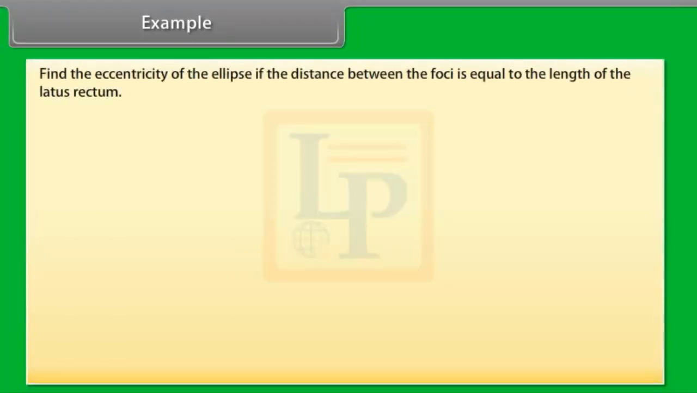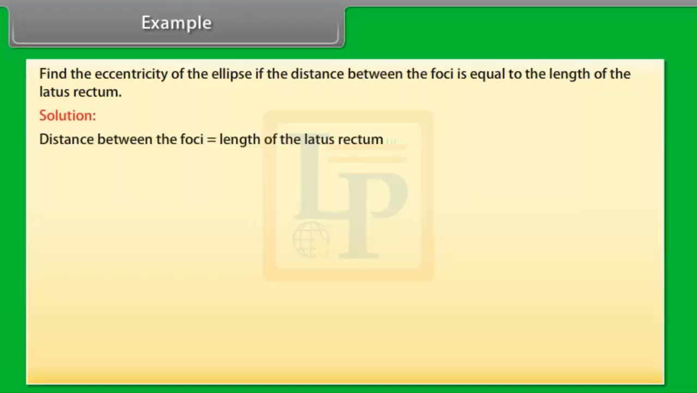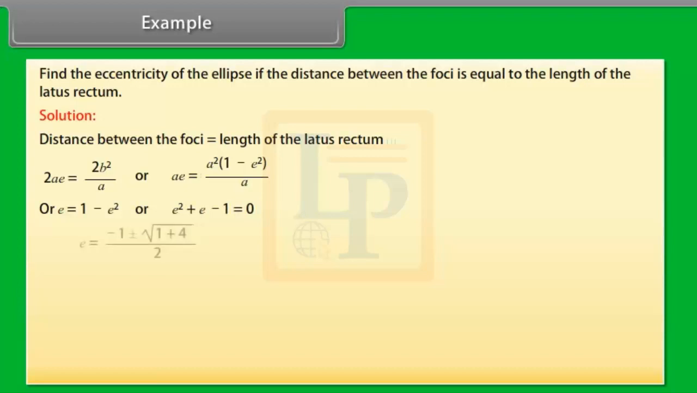Example: find the eccentricity of the ellipse if the distance between the foci is equal to the length of the latus rectum. Solution: distance between the foci is equal to length of the latus rectum. 2ae is equal to 2b square upon a, or ae is equal to a square into 1 minus e square upon a, or e is equal to 1 minus e square, or e square plus e minus 1 is equal to 0. e is equal to